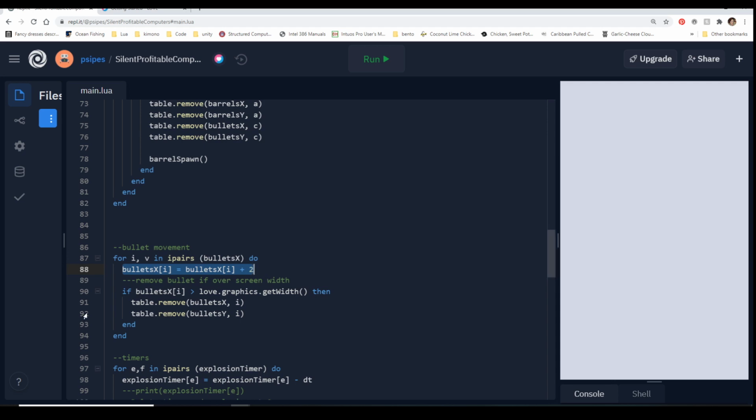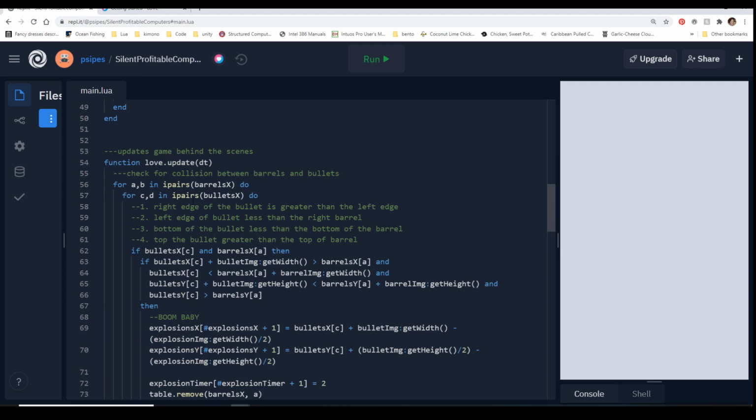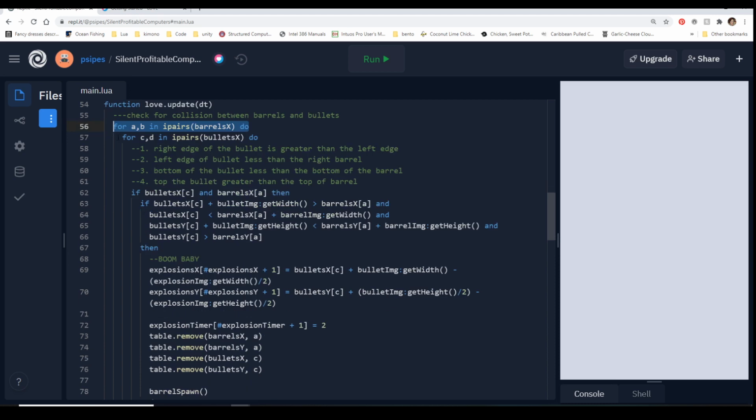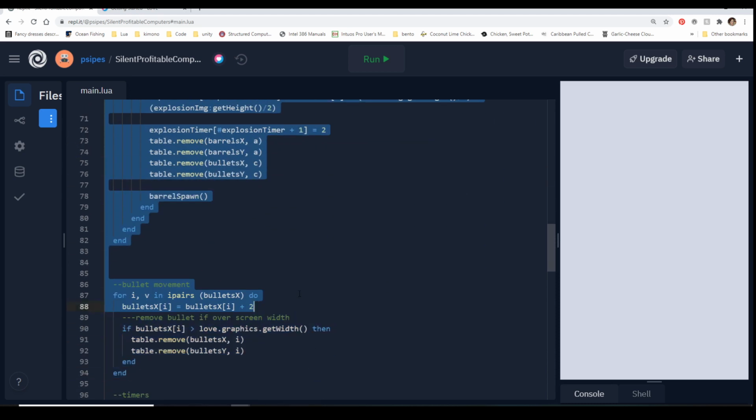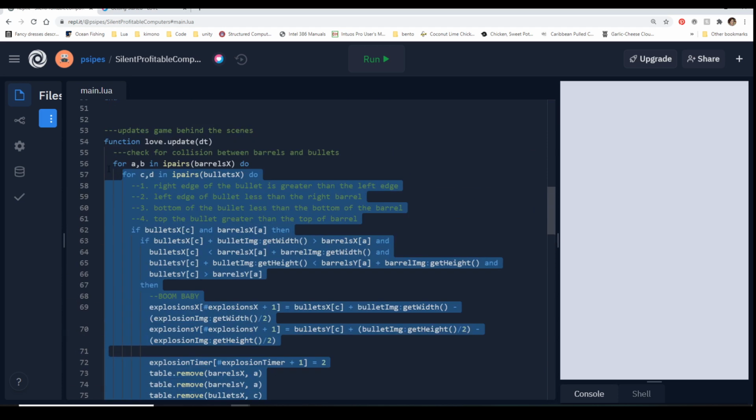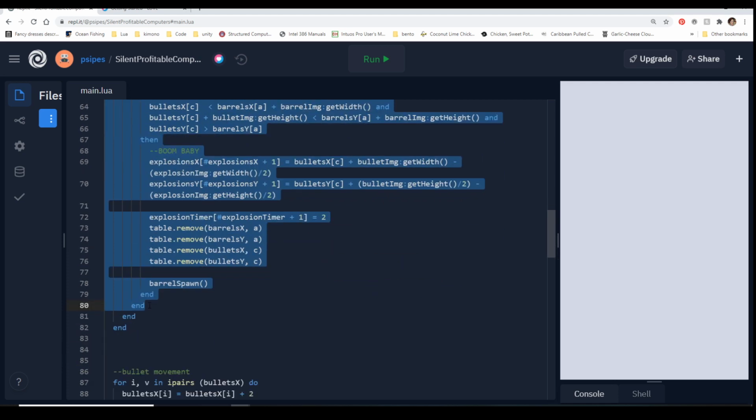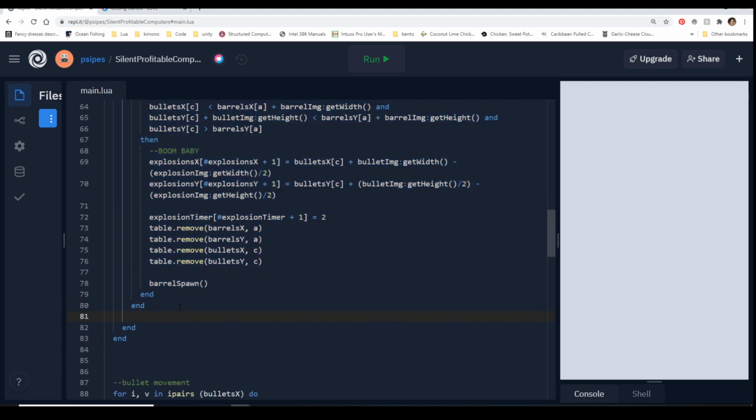And what's nice is because we already have this loop right here, we can include it here. We have to make sure that we're inside this loop and inside this function, so we can go between right here and add our movement code.